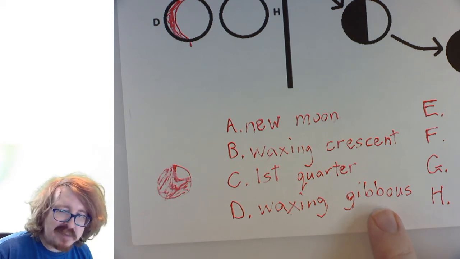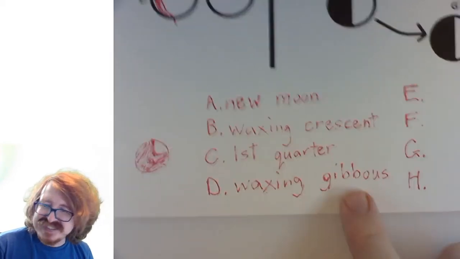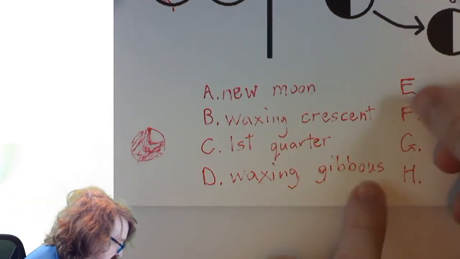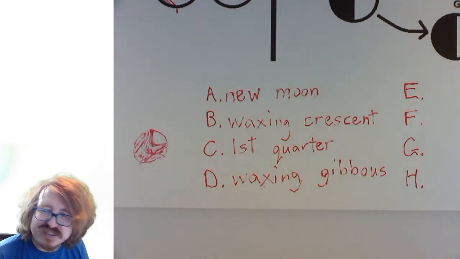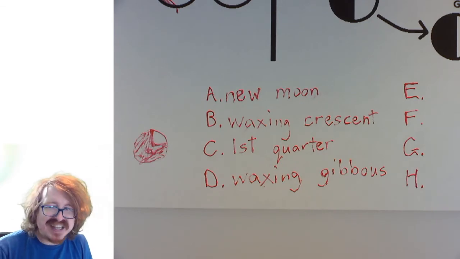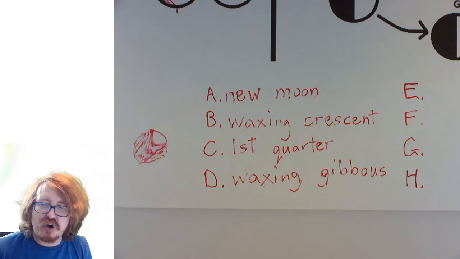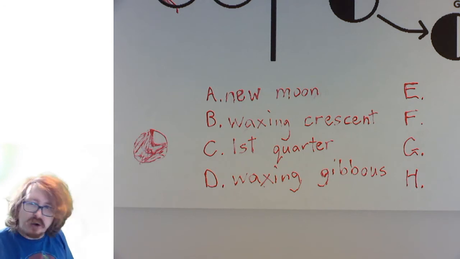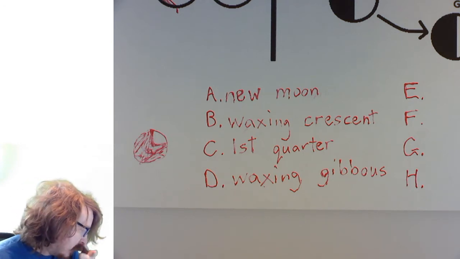Now, a lot of people make a mistake of reading this as Gibbons. I think they see their notes and they think their U was an N. It's not a Gibbons moon, okay? It's not a Gibbons moon because a gibbon is a monkey. There's no like ape or monkey moon, okay? So think of gibbous as just swollen. Okay. Now, let's do moon